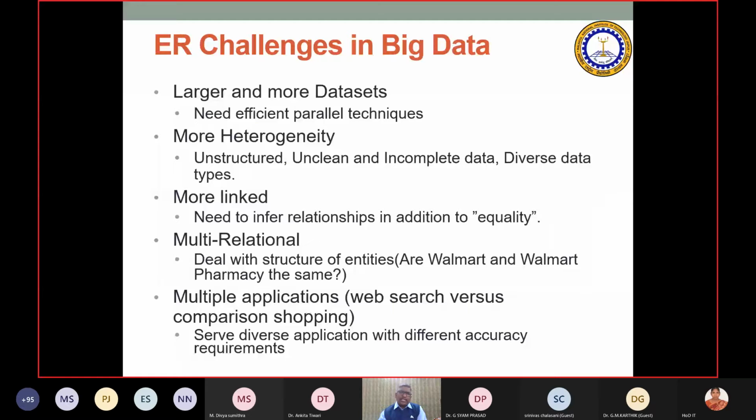So there are many challenges for entity resolution because of more and more data sets. Obviously, bigger data sets. If there is some parallel and unrelated data, you need to try to deduplicate it. More heterogeneity: sometimes it is unstructured, sometimes unclean, sometimes unimportant data. And there is more linked data, with a need to infer relationships in addition to equality. Multi-relational: deal with structures of entities and multiple applications, a variety of applications with different accuracy requirements,